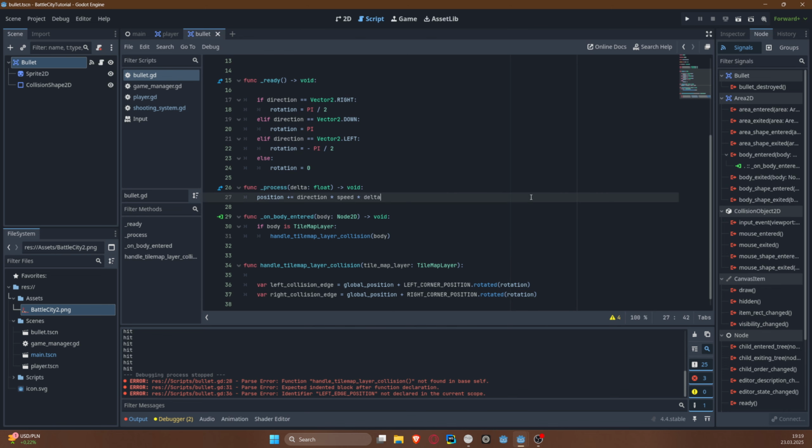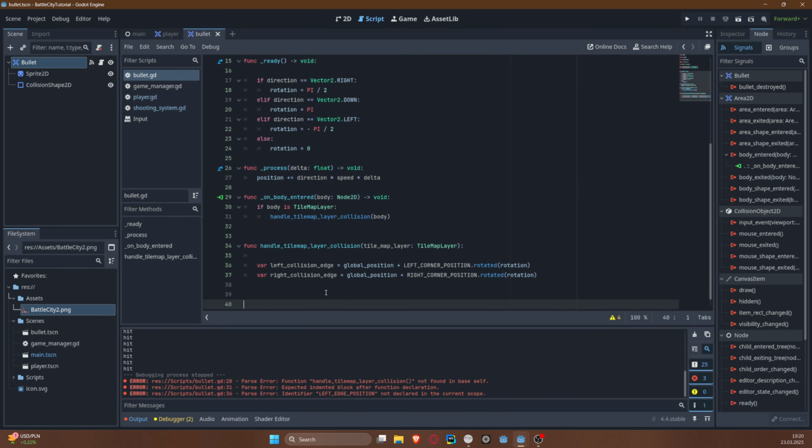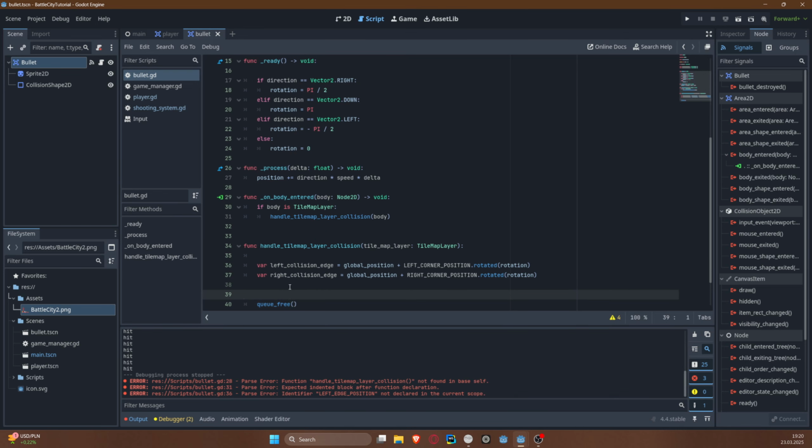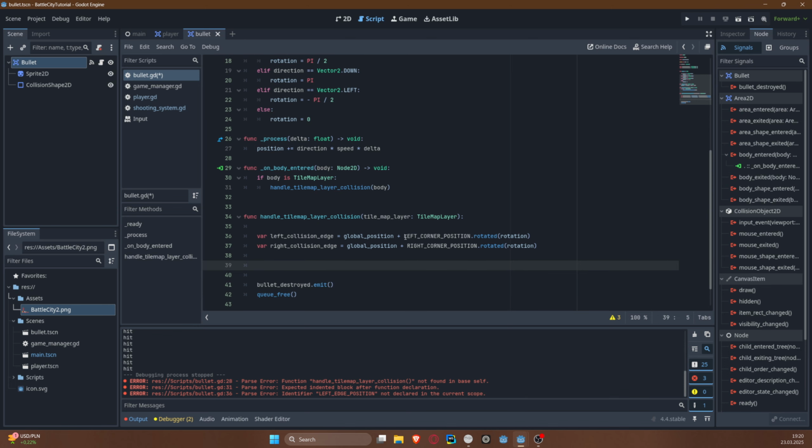Okay, and with that we definitely need to do a few other things. If we hit the tile, we need to queue free, and we need to emit the bullet destroyed signal. Other than that, we need to, of course, check the collision between the bullet and the tile map. So let's write a function, check bullet collision for